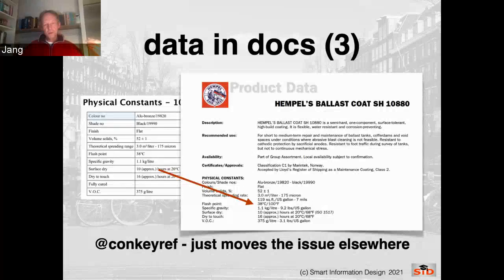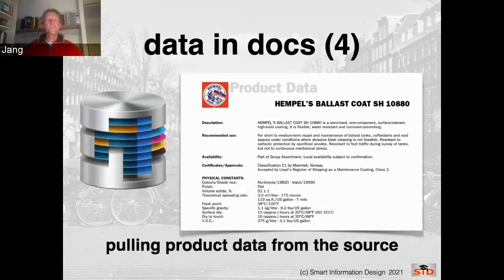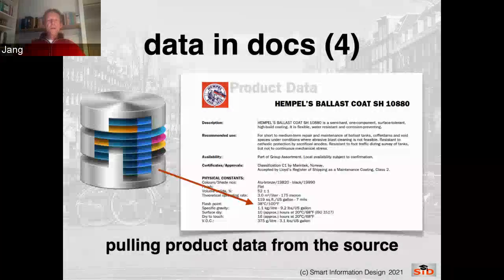I've even created a song about that, the DITA song, which goes like, no copy, no paste. Think about Bob Marley, tune, etcetera, and then you have it. So what we really need is to pull product data from the source straight into the DITA document. That was my imagination like 5 or 6 years ago, and I thought this must be possible. So then after trying out all kinds of stuff with this,